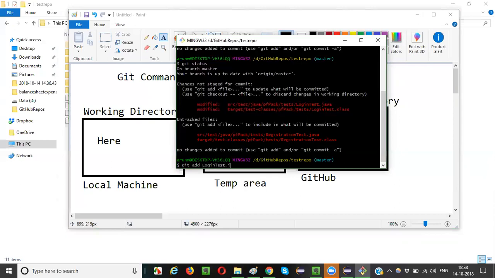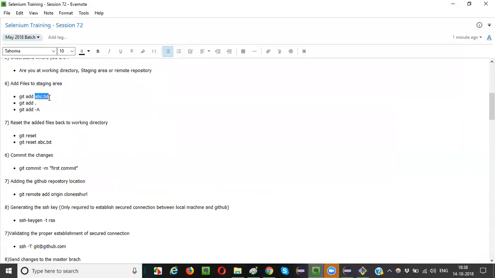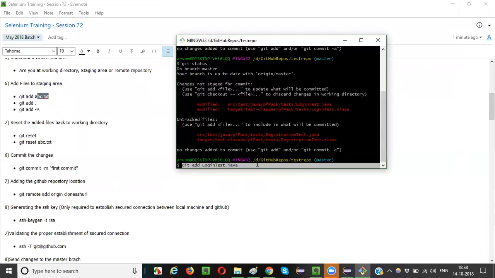LoginTest.java. I'm adding only one file, guys. Here you have some git commands like git add abc.txt. There are two modifications, but I am only adding one modification to the staging area. If you want to add change by change to your staging area, then you have to say git add LoginTest.java,